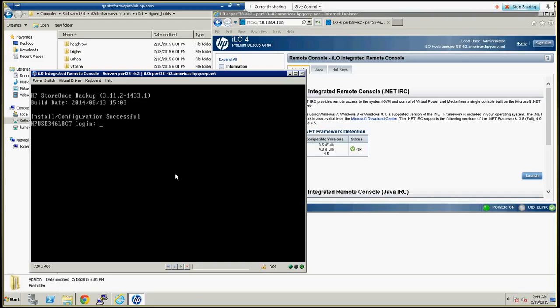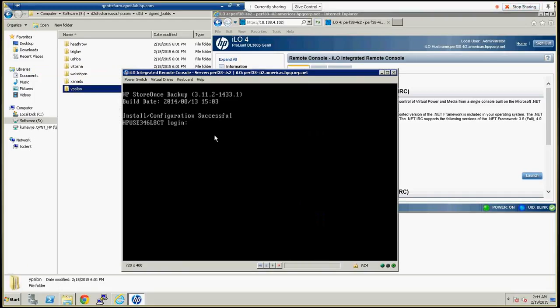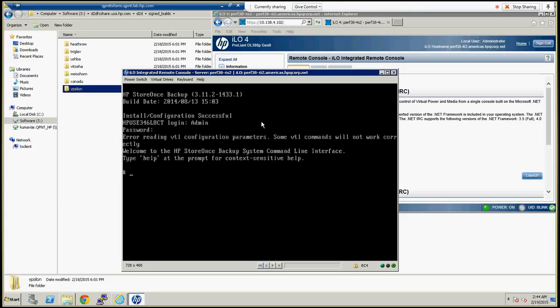Okay, as I said, it successfully does this, and it has brought me to the admin console. So you log into admin as an admin, and then using this console, you do a configuration of your IP, and after that, from PuTTY or something, you log into your box, and from there, if you do system show status on a newly queued machine,